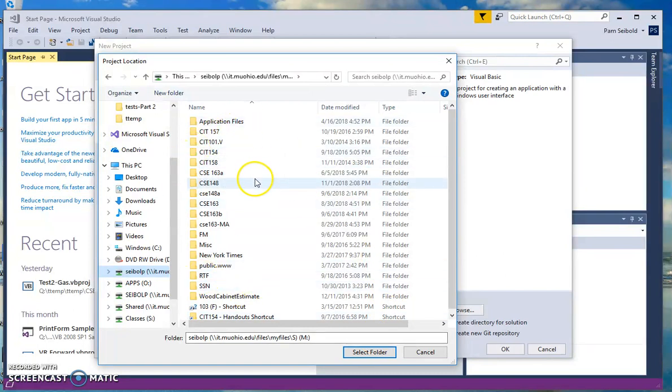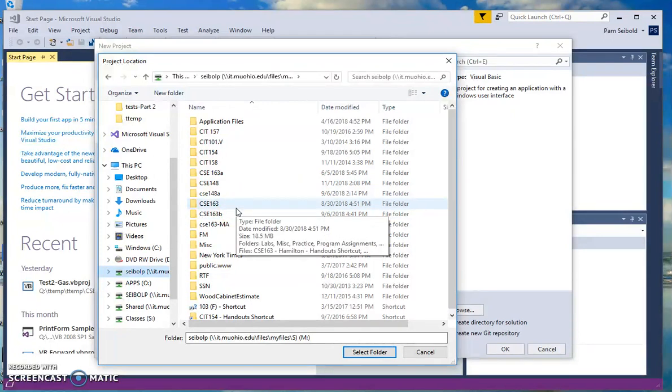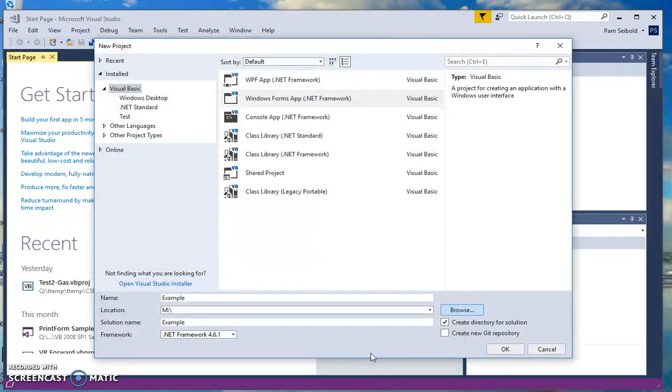I could put it under a folder. You see I have quite a few folders, including folders for this class, but right now I will just put it right on the M drive. And you just hit select folder. All right, so there you go. You want the create directory for solution to be checked. It should always be checked, but it doesn't hurt to double check that it is. All right, then you just click on OK